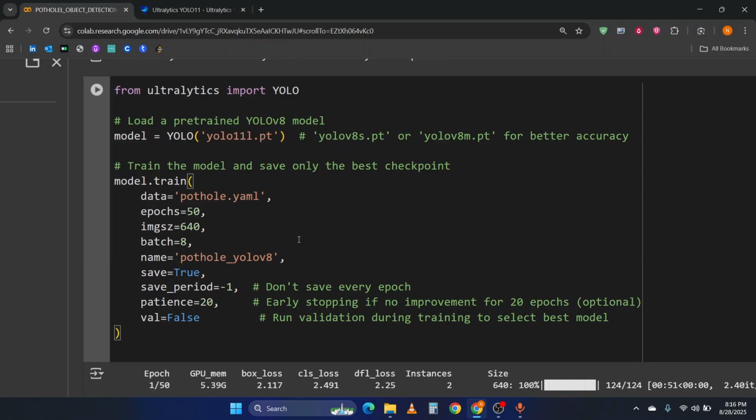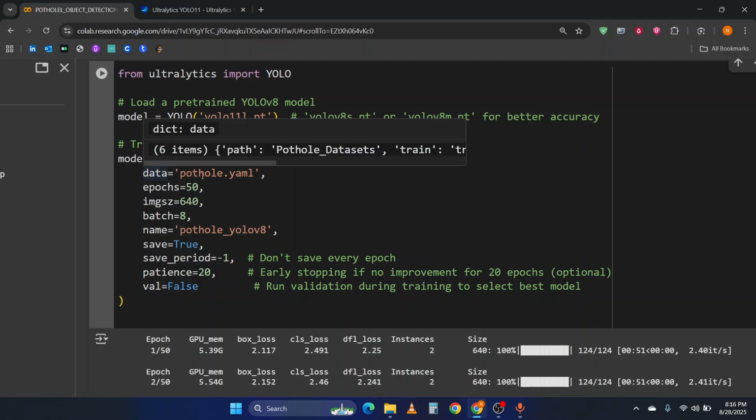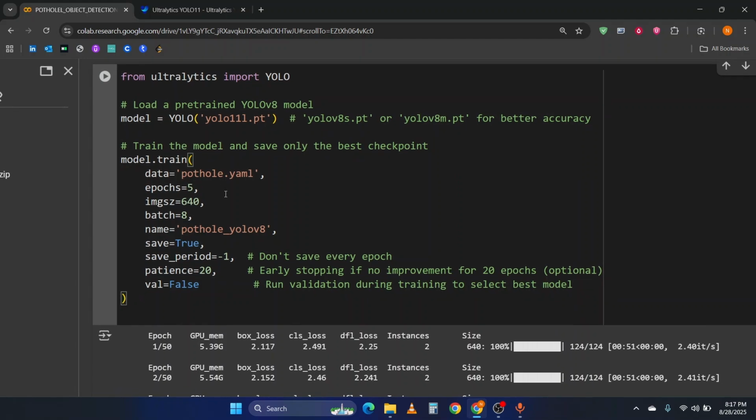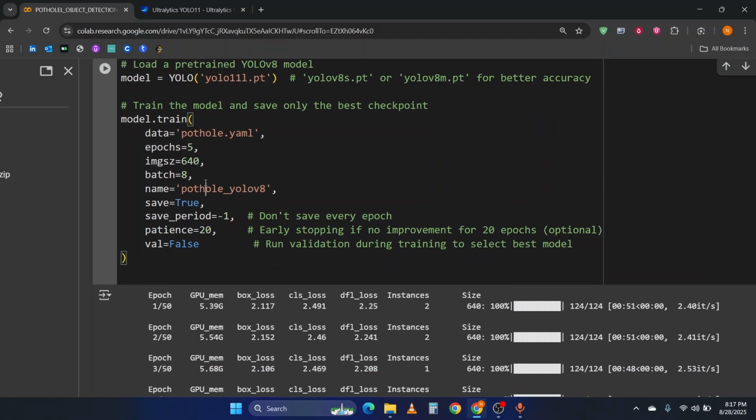After loading it, we have to train that YOLO model on our own custom dataset. For that, we have to use model.train. Just pass the YML file, which keeps details of where the dataset is and other things. I don't want to train with 50 epochs. I will train only with 5 epochs just for explanation purposes. I already have a weight file trained on 50 epochs. I will upload it later and show you the result of that model. Size is 640, batch is 8, means when the images are divided into batches, I want 8 images in one batch, and